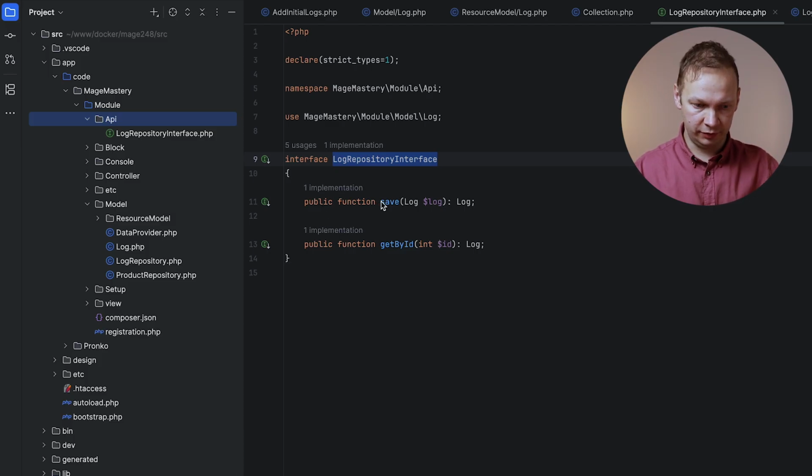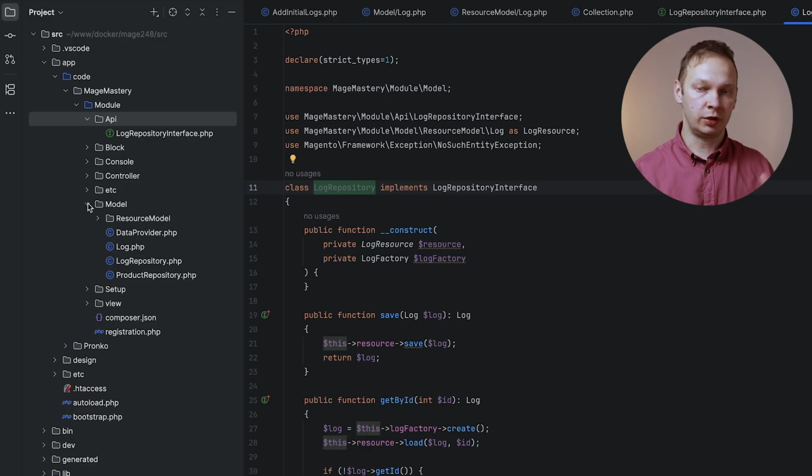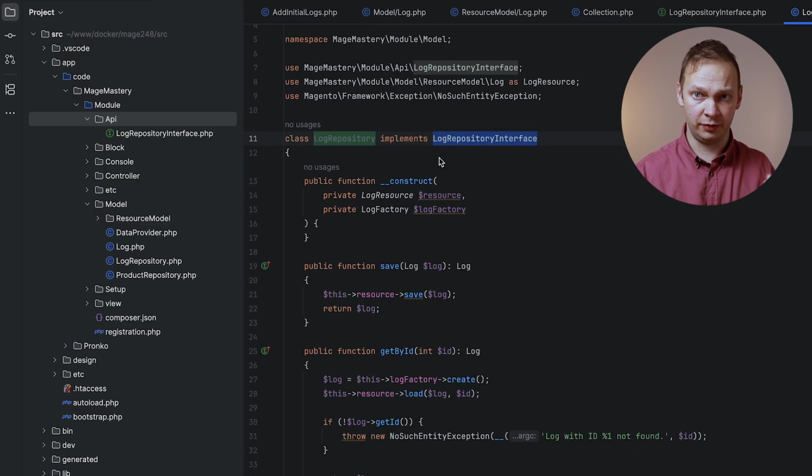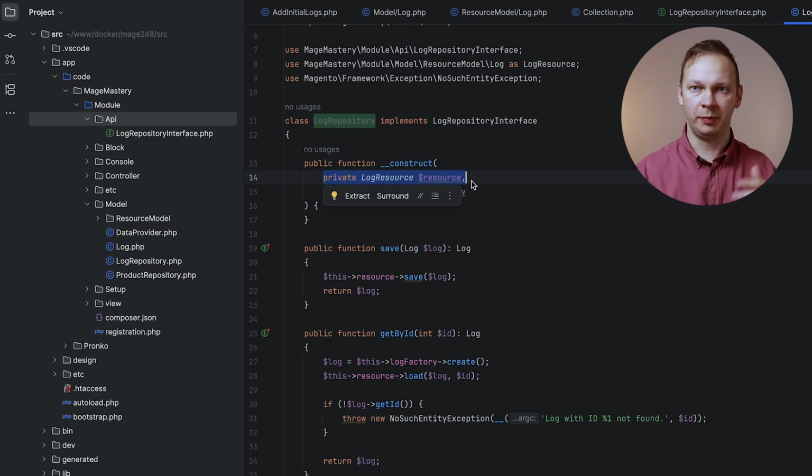So we can save data or log model and get by ID when we provide identifier. Once we have this log repository interface, we can go ahead and implement repository class. So it's log repository that implements log repository interface. And those two methods, save and get by ID, use the resource model of a log entity. So we provide this dependency